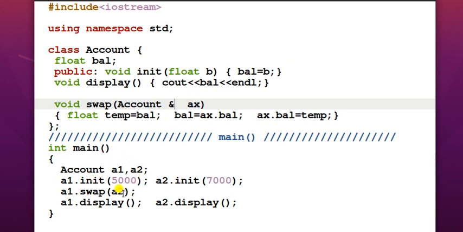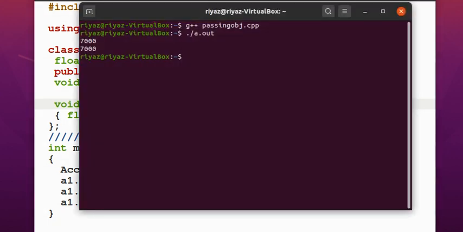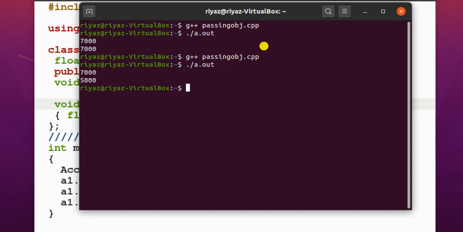Now for A2, AX is an alias name. If AX gets modified, A2 gets modified. Let's compile it once again. Now we should get the modified output like 7,000 and 5,000.